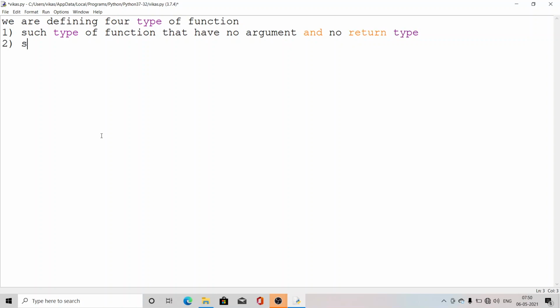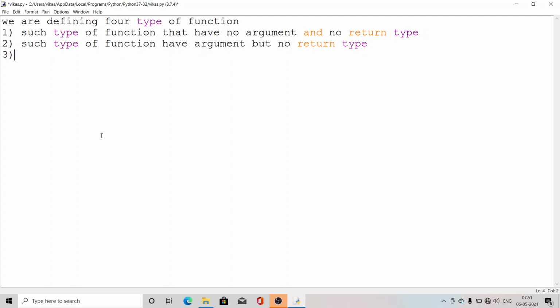Second, such functions that have an argument but no return type.